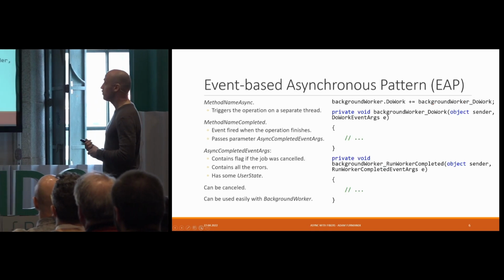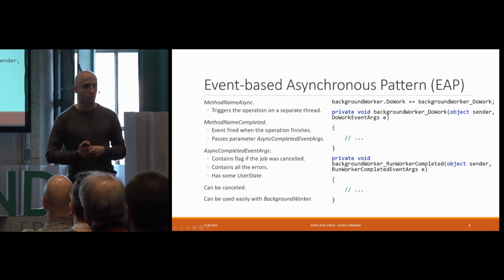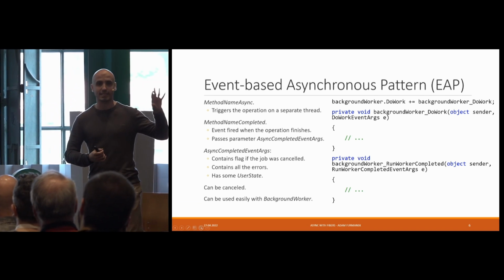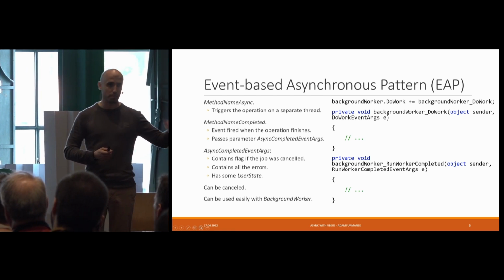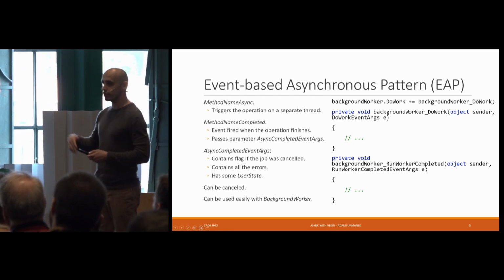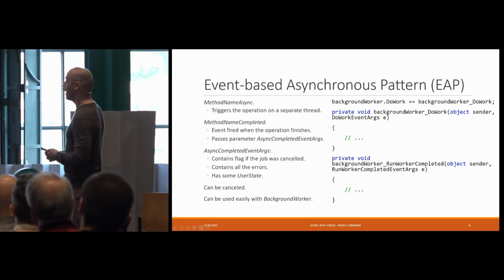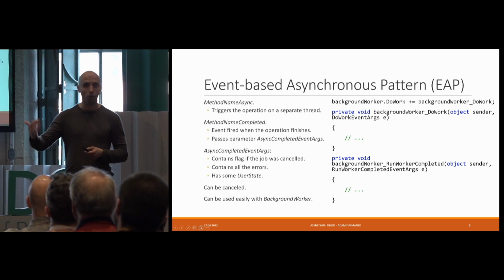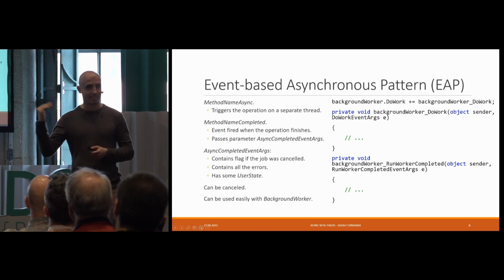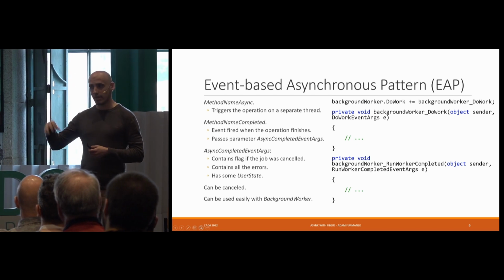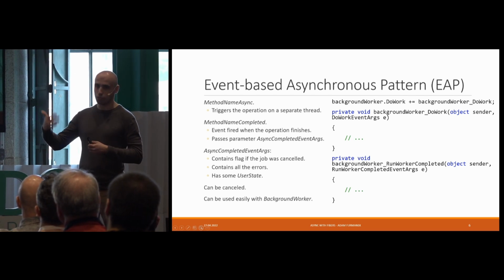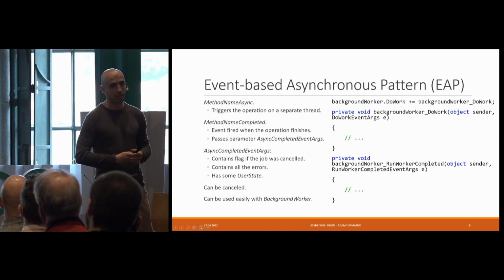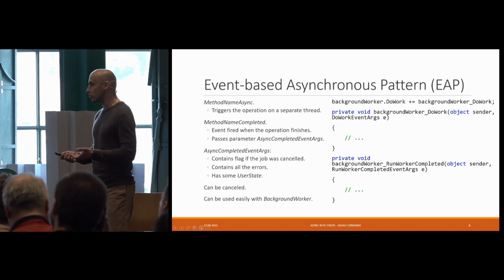The second pattern we could use was EAP, event-based asynchronous programming model, which was based on the idea that we have this background worker where we can submit our jobs to be executed, the piece of code we want to run, and it was executed on this background thingy, and then we had the continuation used in a way of attaching a callback. So we had a callback which we could attach to the worker when the thing to calculate was finished. We had this callback being triggered, so executed by the platform. So that's yet another approach we had.